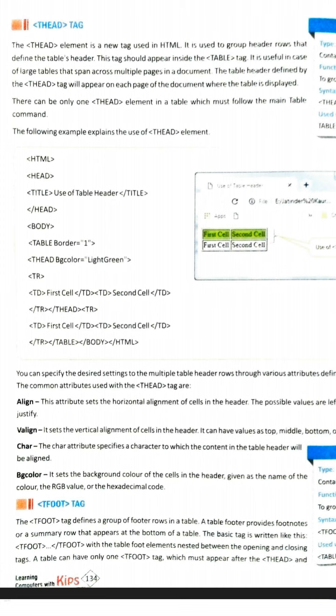100th record. What will happen when you go to the 100th record? The heading of the table, which is roll number, name, admission number, will move upside. It will not be shown to you.